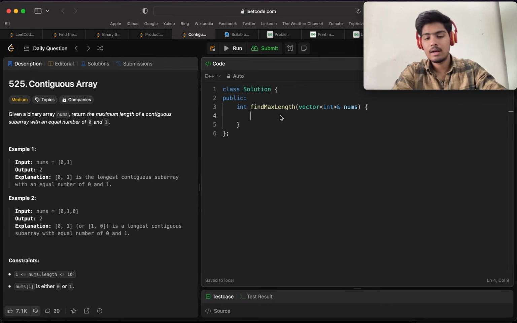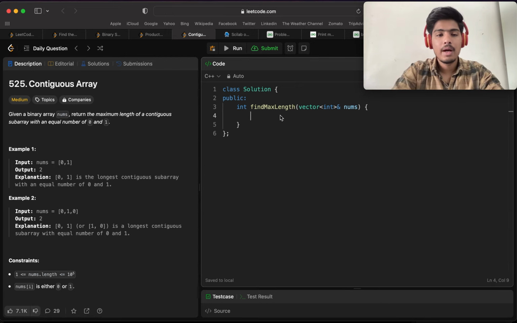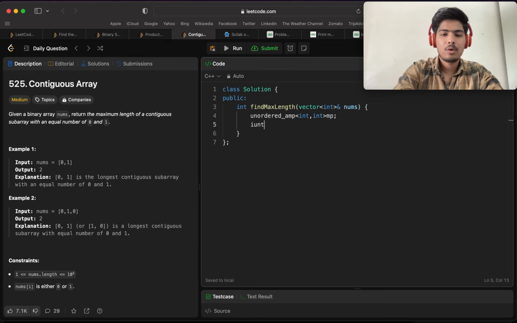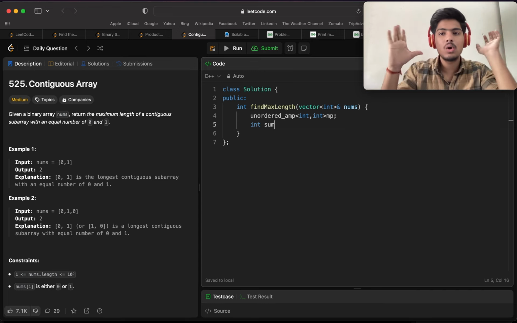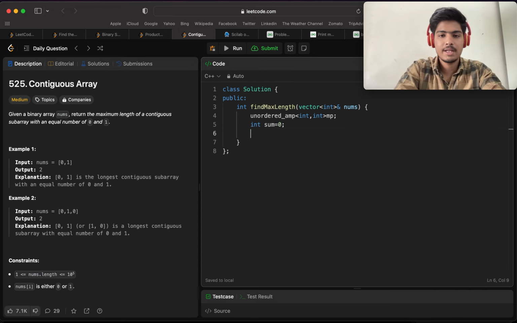So for the coding part, I have to create a map, so let's create the map, an ordered map of integer comma integer, that is mp. Now I have to create a variable sum to keep track of the sum of those elements, so initially it will be 0, and also subarray length